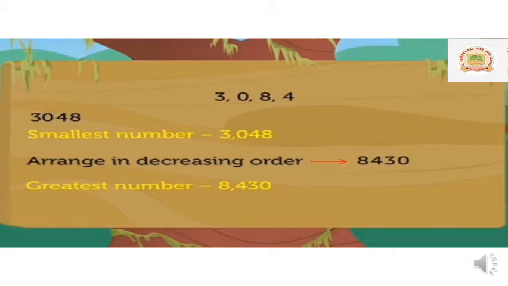What have you learned here? You have learned if 0 comes in the digits, 0 can't come on the first place. Like if the number is of 4 digits, 0 can't come on the thousands place. It will become a 3-digit number only. So whenever 0 is there, you have to arrange 0 in the second position. In a 4-digit number, you have to arrange 0 in the hundreds place for the smallest number, and for the greatest number, it obviously will come in the last. Hope you understand this.